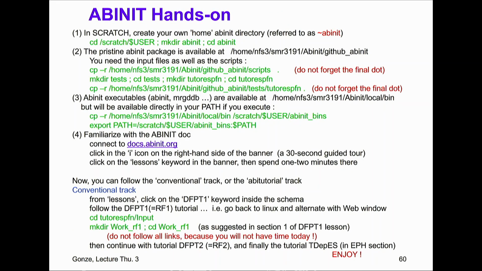And so today, I just mentioned it very quickly before stopping so that you are not lost. We will suggest you do a set of commands. Use the scratch, for example. Then create, copy to the right place the ABINIT package, or some part of the ABINIT package, as well as the script. Copy the executable and also make them available directly in your path, which will be simpler than this. Then we suggest that you go to the ABINIT documentation, and then either you will follow the conventional track,